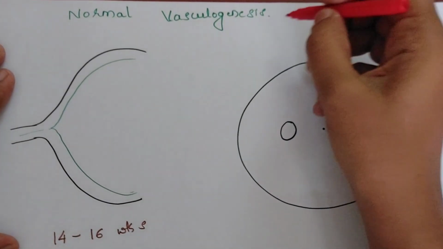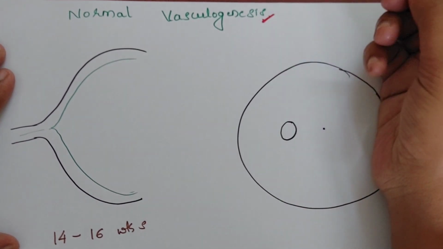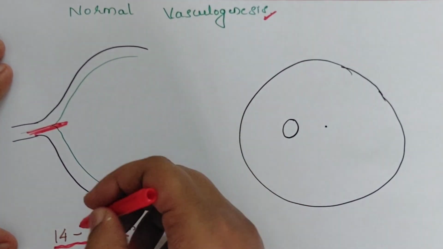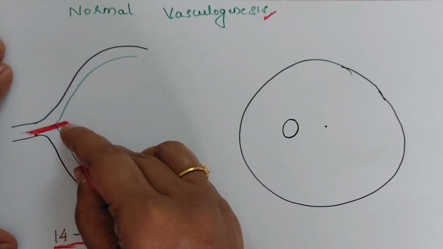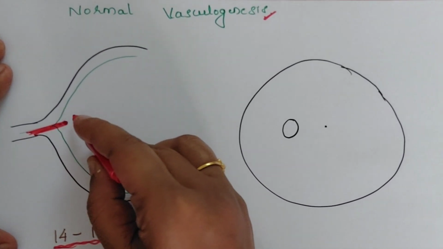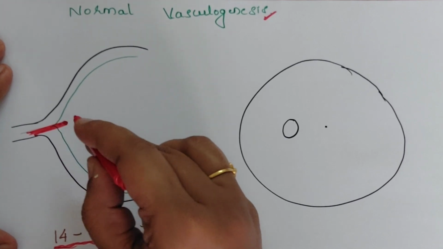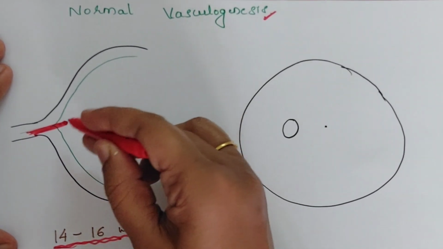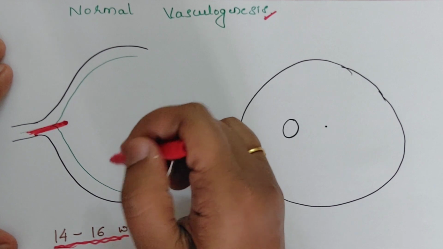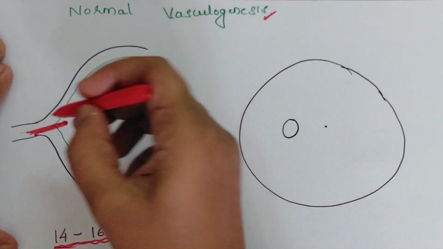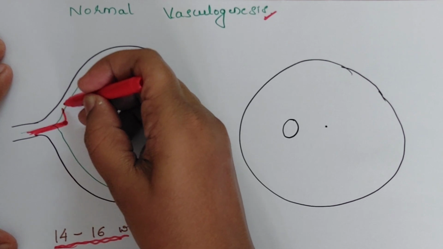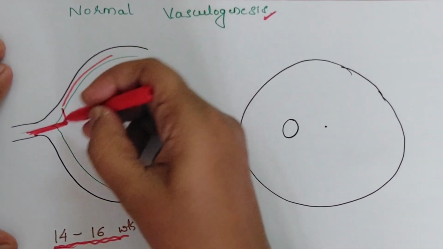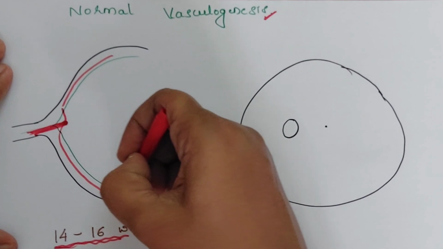So let's discuss the pathophysiology behind ROP. Before that, we should know how normal vasculogenesis occurs in the retina. At around 14 to 16 weeks, the mesenchyme grows out of the optic disc in the form of sheets or cords, and this tissue is the precursor of the capillary network which will grow in the retina later. This mesenchymal tissue which comes out of the optic disc penetrates the nerve fiber layer of the retina and then grows centrifugally, both along the nasal and the temporal retina.